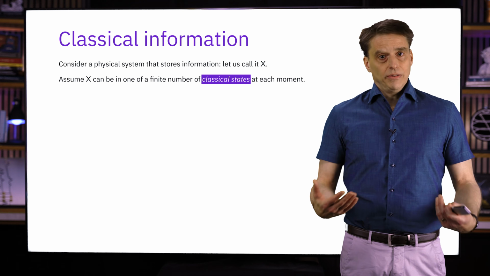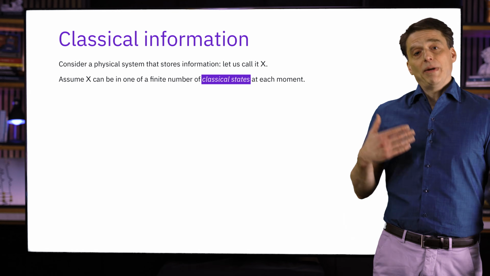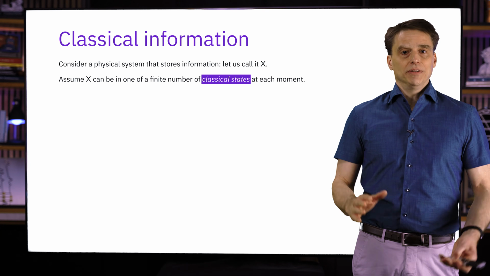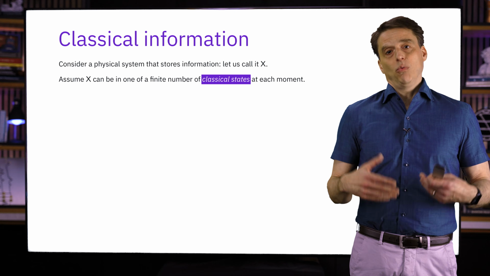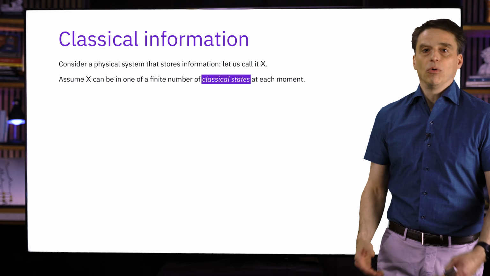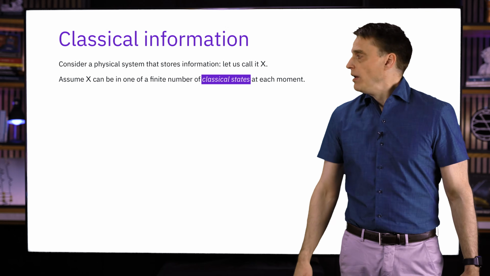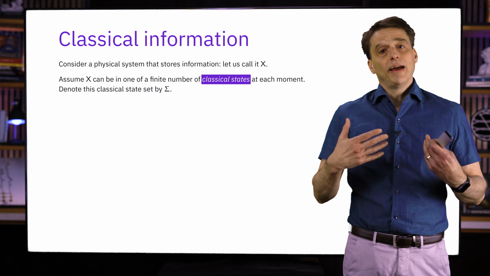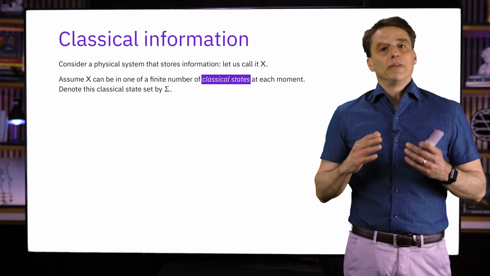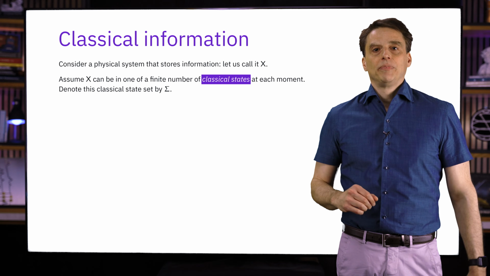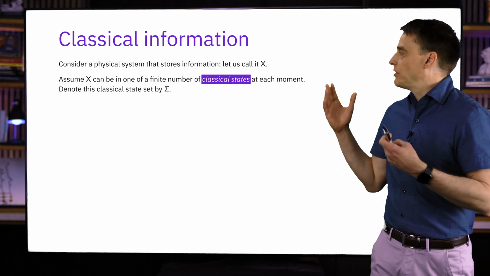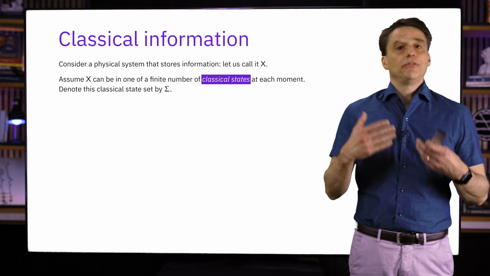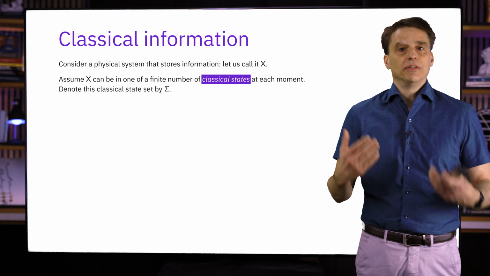Really, this is something that you can think about intuitively. At a mathematical level, we simply define the set of classical states. We choose it however we want to, or in whatever way best describes the device that we're working with. Let us give the name sigma to this set of classical states. And again, let me emphasize that we're assuming that sigma is a finite set. The set of classical states of this system X is not infinitely large, like the set of all natural numbers. It's finite. And that's just an assumption that we're making.